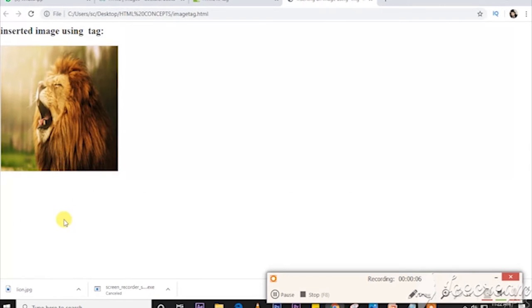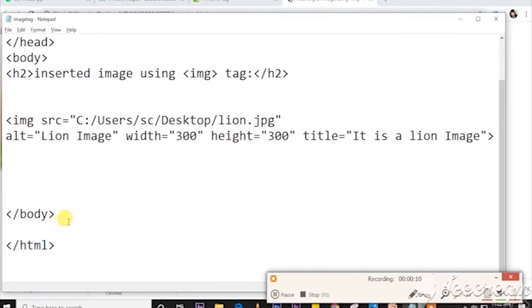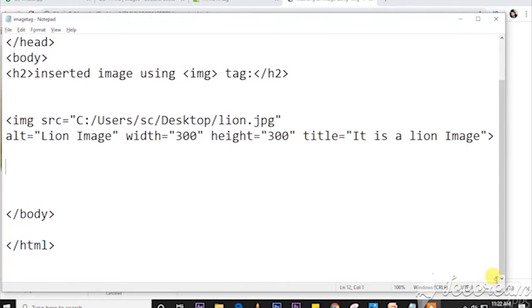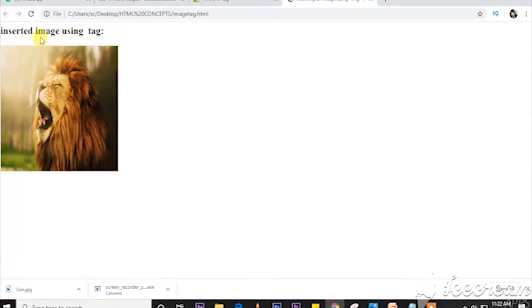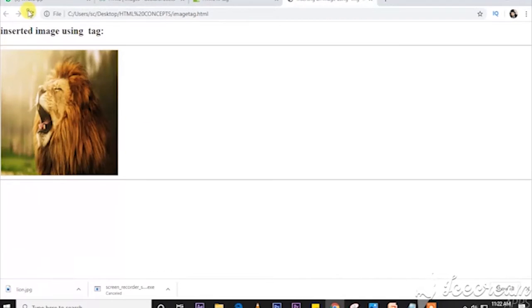Next one is the horizontal tag. HR tag means to insert a horizontal line in your web page. So after the image I am going to insert one line, so I am using the HR tag. Save, Control S is the shortcut key to save, and refresh your web browser. You can see here a horizontal line appears. In the same way I am going to insert one after the H2 tag. Save and refresh. So you can see both two horizontal lines. So the HR tag is used to draw the horizontal line in the web page. It will divide the page into different sections.